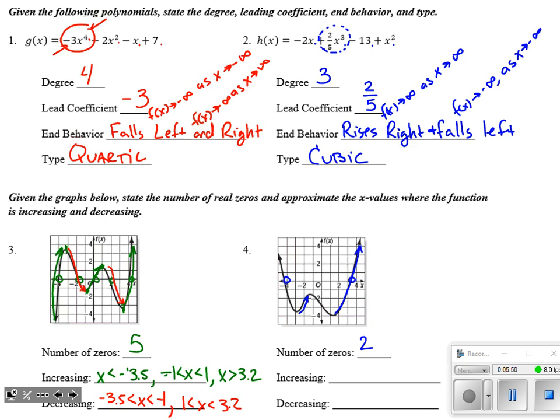in those 2 places. And if we're estimating, I would say it's increasing from when x equals negative 3, maybe negative 2.9 even, up until I get to, oh boy, what might I say that is? Negative 1.5. And then also when x is greater than maybe 1.5.